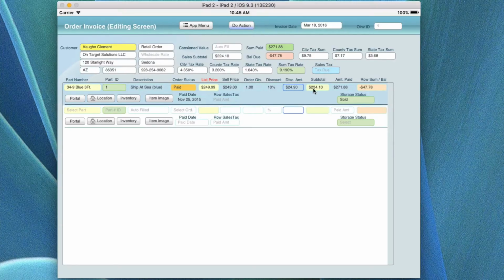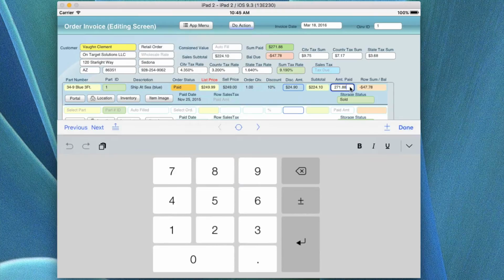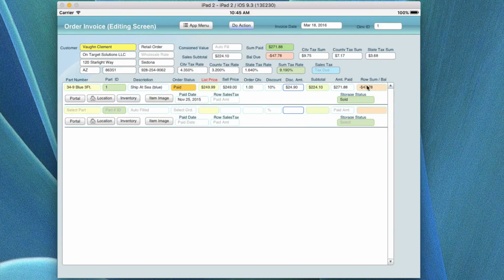For example, the line subtotal is $224.10 because you deducted it by 10%. In this case, that would change the amount paid. So what happens is you come over to the amount paid, and it's going to change because it should be $224.10 rather than the $271.80 that we checked out here a little while ago. Obviously, it's going to show a minus amount because your row sum total is different than the original way we had this set up with the